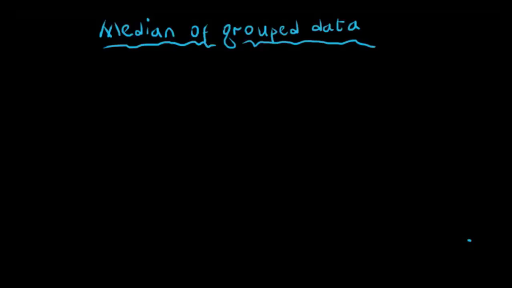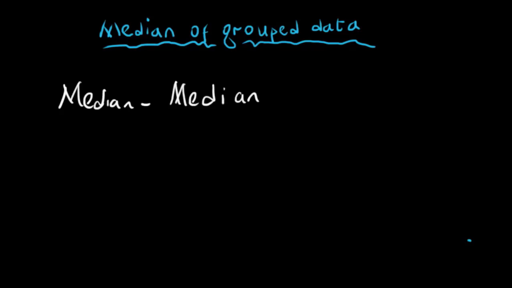In this video, we are going to be looking at the median of grouped data. Remember, median means middle number. So how do we find the middle number in grouped data? That is what we are going to be considering. Now, the first thing I would like to give us is the formula for median of grouped